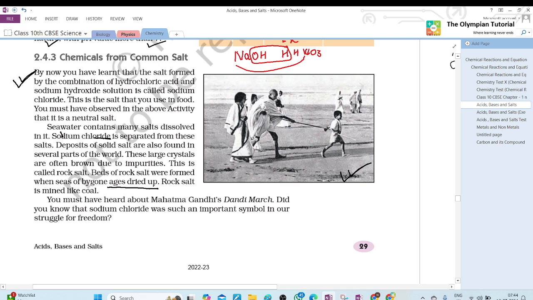Then we will mine rock salt as coal is mined. Are you okay with it? Yes, ma'am. It is the same thing. After that, we will start a new topic,